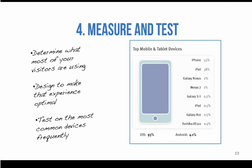And then finally, you want to test your site on the most common devices pretty frequently. Okay, so get the iPhone, get the iPad, get an Android, and have your friend that has the Android, if you have the iPhone or whatever, pull up your site for your business. Once a month, take a look at it, make sure everything works properly. Just because you want to make sure that everybody's having a positive experience on your site. And again, it's so easy to do. We can measure and test everything